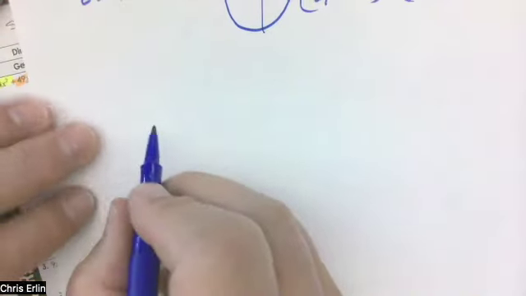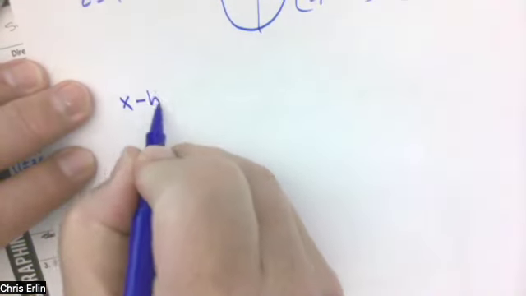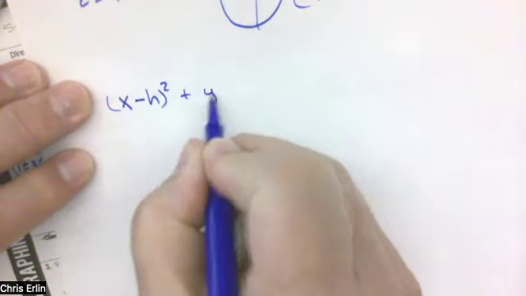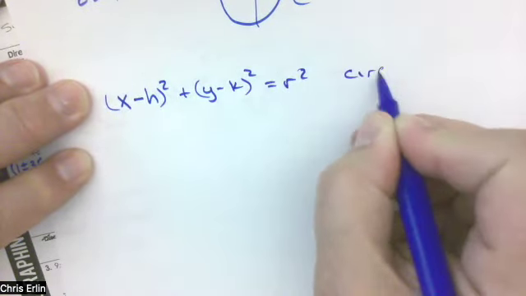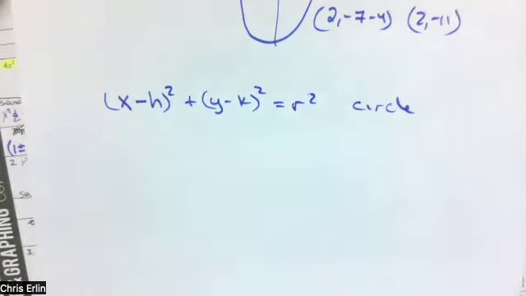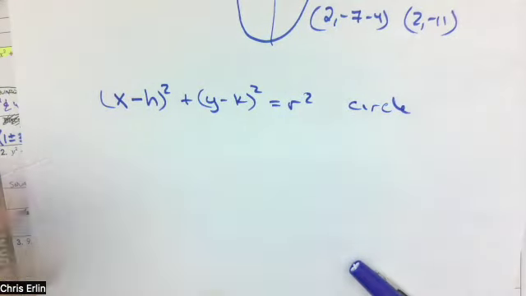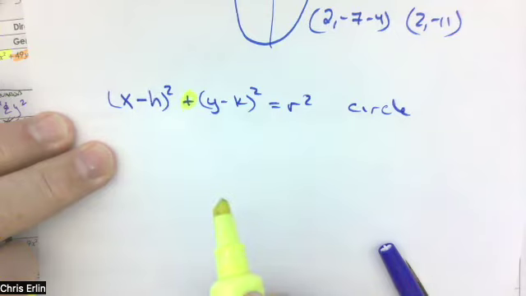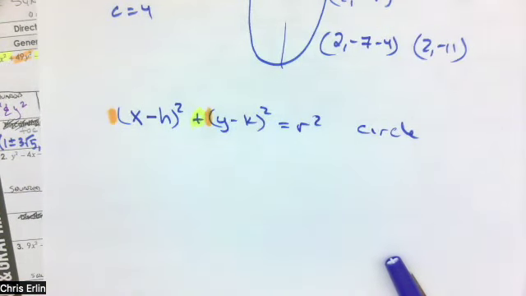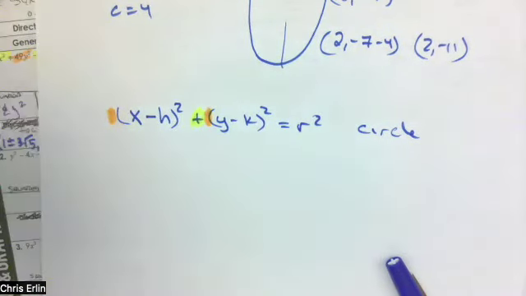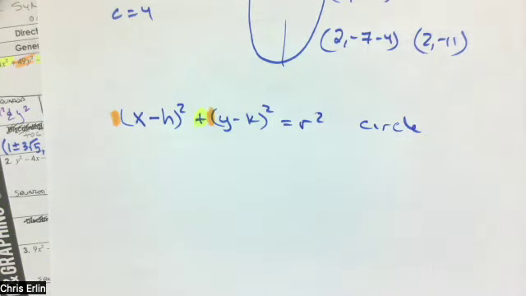If it's a circle, then what you're going to see is (x minus h) squared plus (y minus k) squared equals r squared. That's a circle. And so the components that we care about are, there's a plus there, and the lead coefficients are the same. If it's an ellipse,